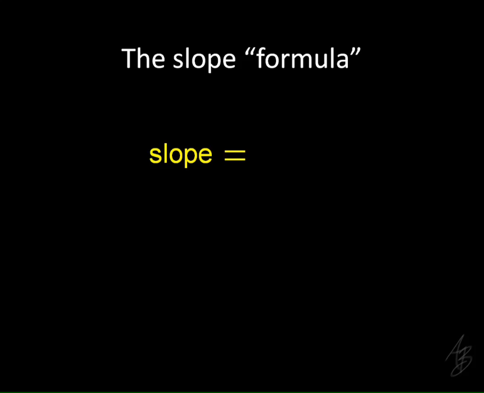The slope is going to equal something over something. And kind of like what I was talking about earlier with how we measure how steep the ski slopes are, we're going to take one number divided by another number to figure out how steep it is. To figure out how steep a slope is, we're going to divide the rise, how much it goes up and down, by the run, which is how much it goes from left to right. So go ahead and write down this formula,